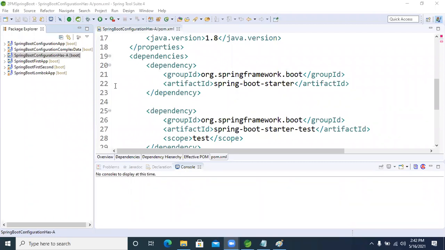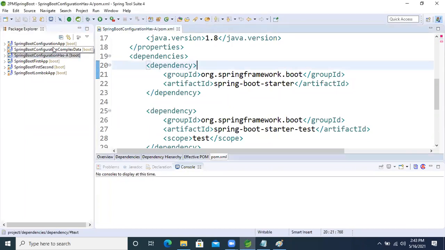Now everything is fine now, guys. Come on. Everything is fine now. Okay. So, after creating the project, think about that. After what? After creating the project, what are you forgetting? You are forgetting to add the starter dependencies, right?